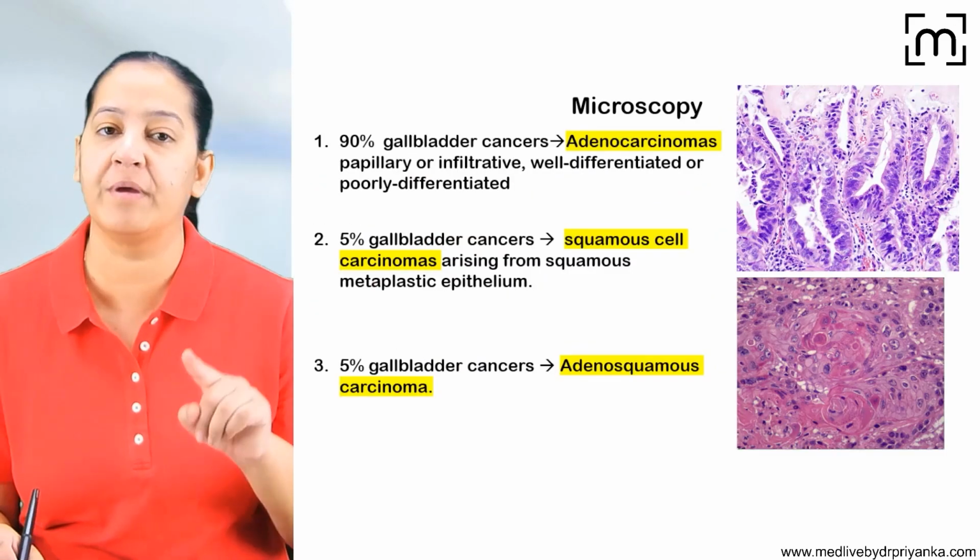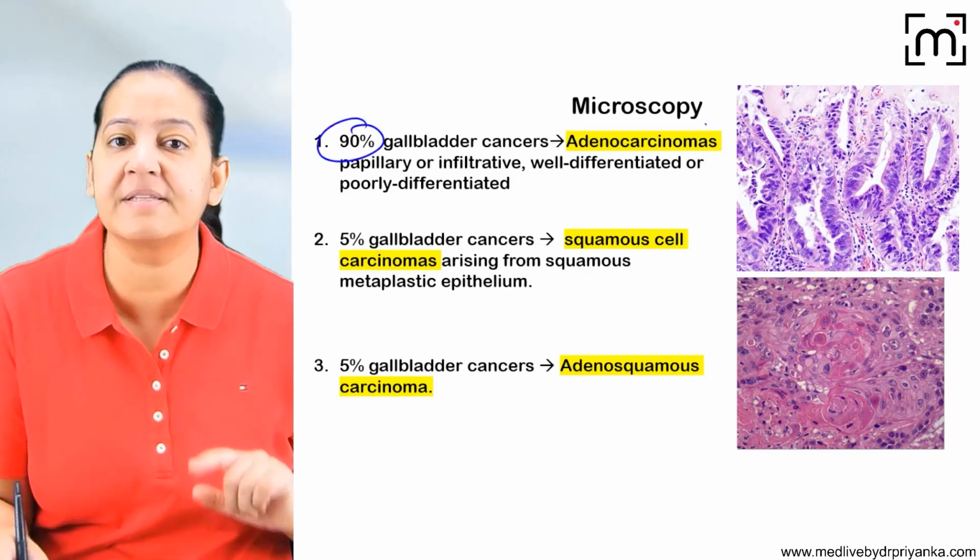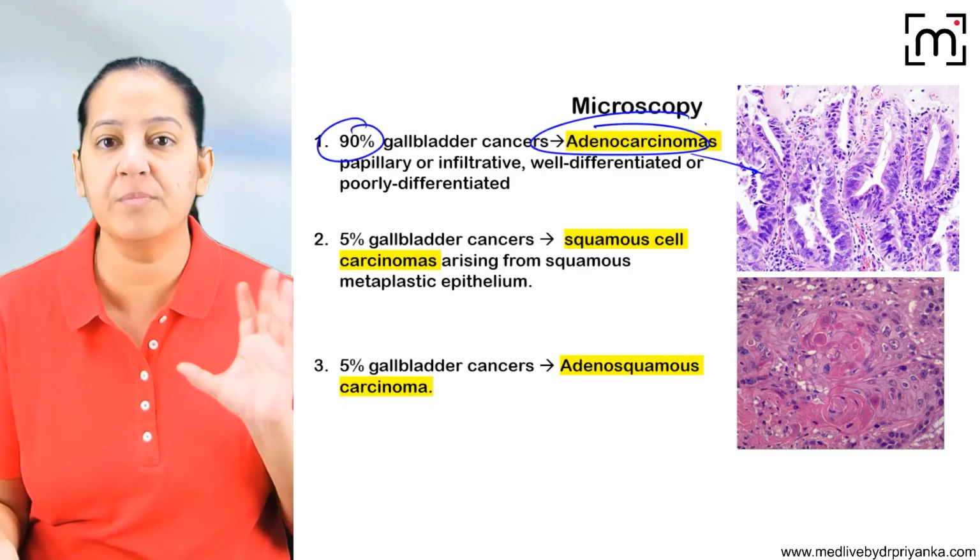Now coming on the microscopy. In the microscopy, there are 3 patterns. Most common pattern, 90% of gallbladder carcinomas are adenocarcinoma. You can see the tumor cells are arranged in